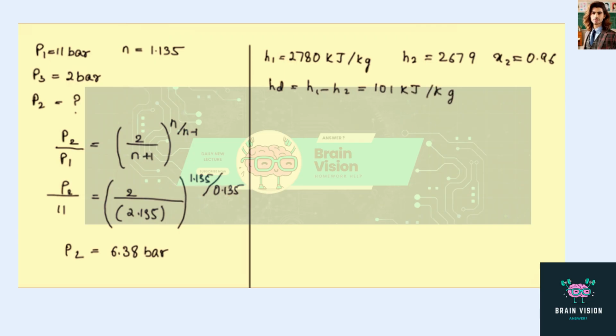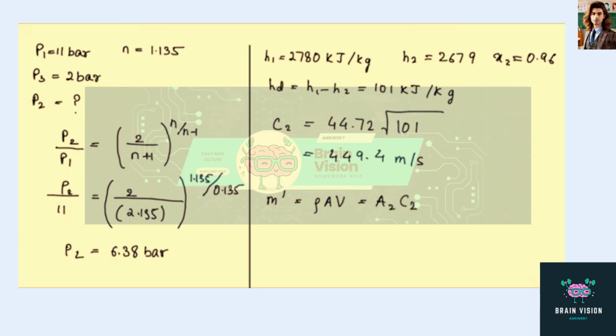Now again we can calculate the throat velocity C2 to be equal to 44.72 multiplied with under root of 101, which on calculation is equal to 449.4 meters per second. Now m dash is equal to rho AV, that is equal to A2 divided by V2, that is equal to A2C2 divided by X2 multiplied with UG2,